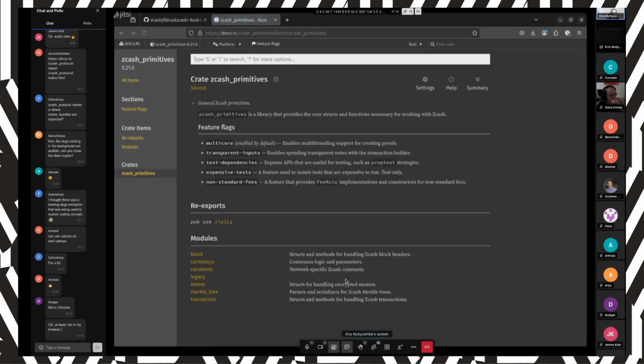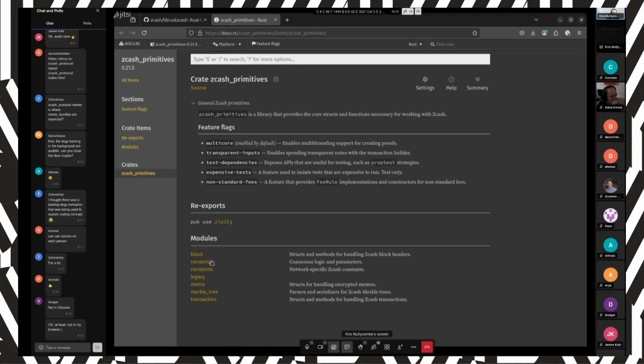So we're going to look at these in a bit of detail. Zcash primitives has been split apart over time, and we're reducing it down to a pretty specific core. So we have in here, just at a high level,